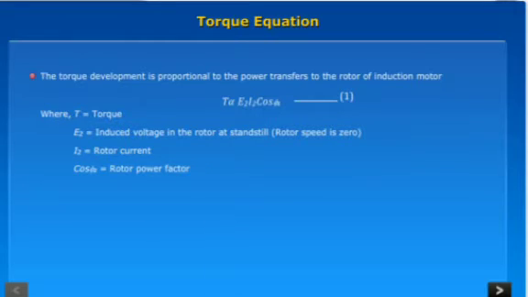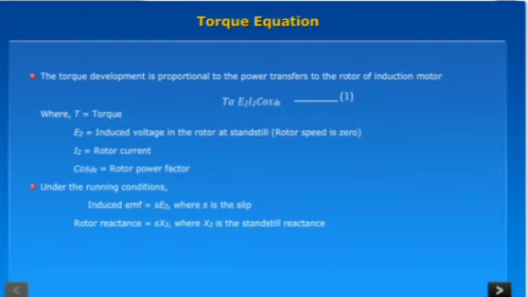Under running conditions, the induced EMF is equal to sE2, where s is the slip. Rotor reactance is equal to sX2, where X2 is the standstill reactance. Power factor is equal to R2 over the square root of R2 squared plus sX2 squared. Substituting the power factor in equation 1, the torque is given as